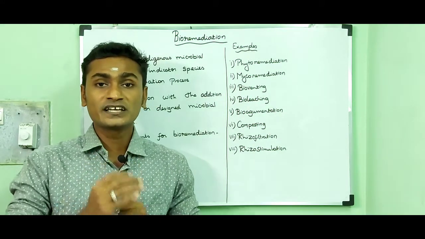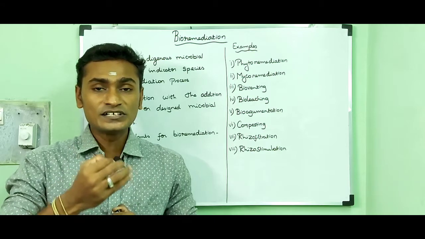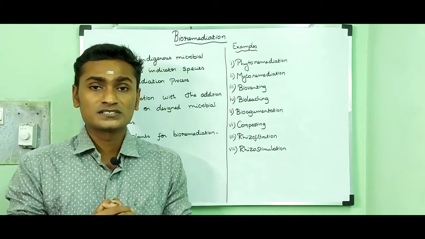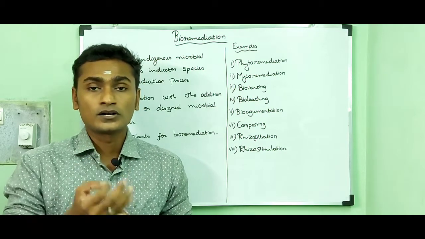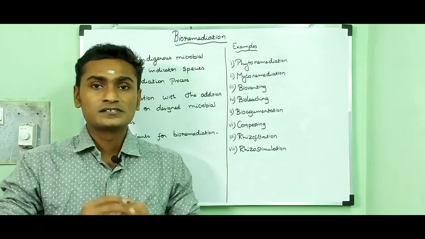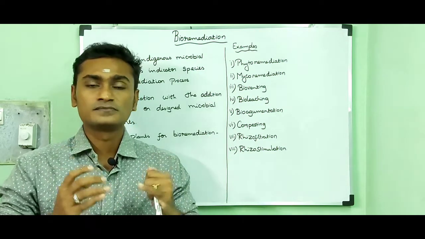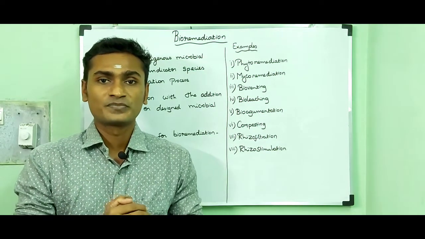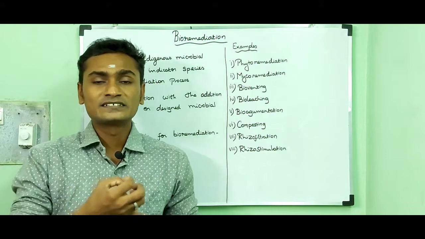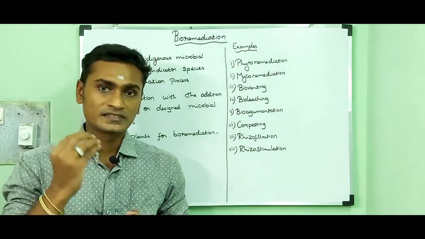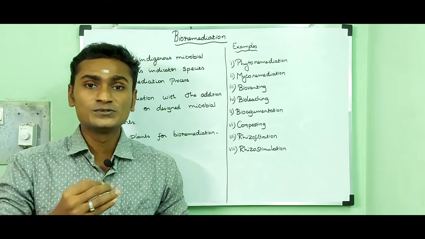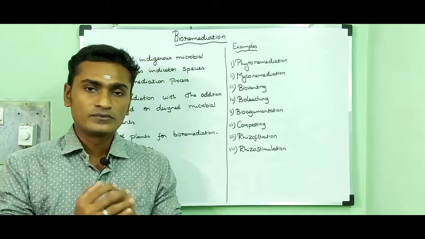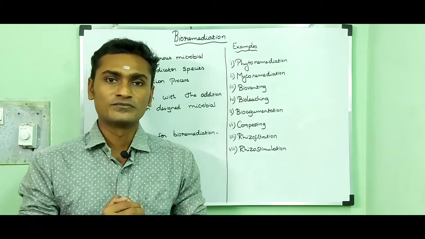We can use this technique to recycle and reuse solid waste, wastewater and industrial effluents, because a microorganism or a plant or a fungus can act upon this pollutant-rich solid waste, wastewater and industrial effluent, degrade it and remove the pollutants from those products. Then we can reuse and recycle that wastewater, solid waste and industrial effluents.